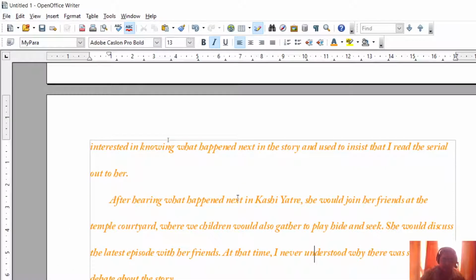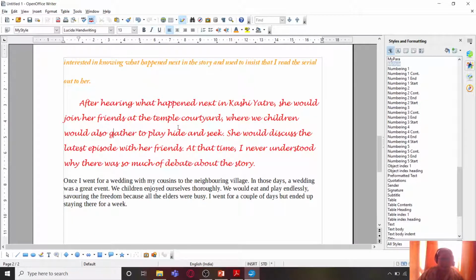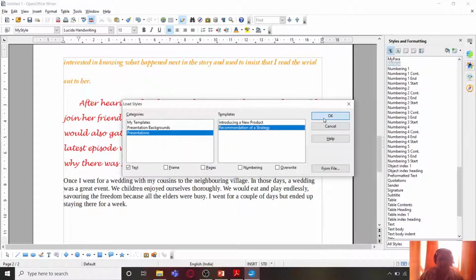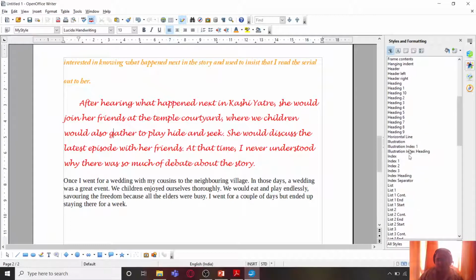So now I'm going to apply this my style on this paragraph. So I'll double click on this, and you can see that style which we had created earlier is applied over here also. And same way you can also load styles from other templates which are there. So you can just click on that, click on OK, and that particular style, if it is there, it will be added to this list.